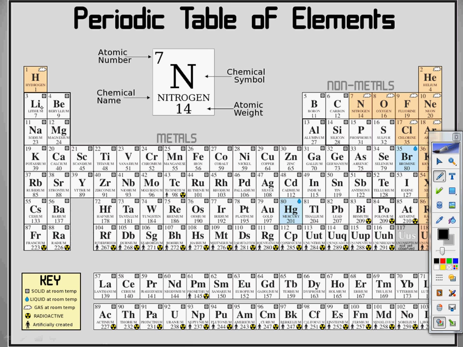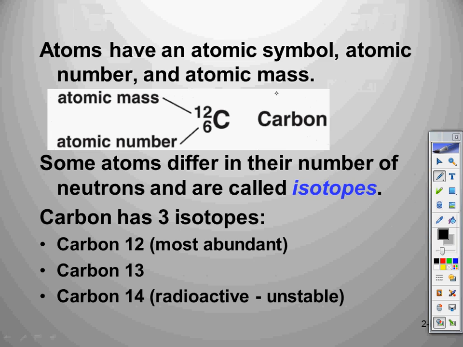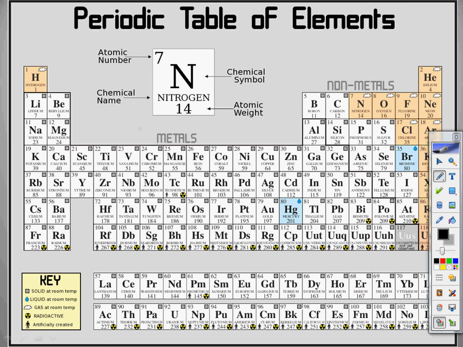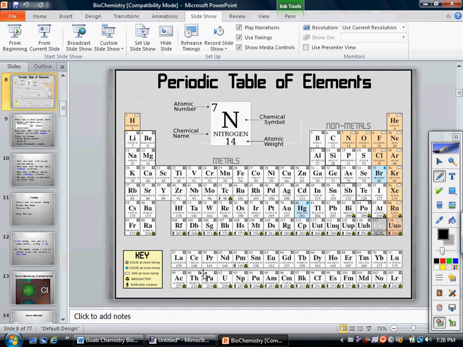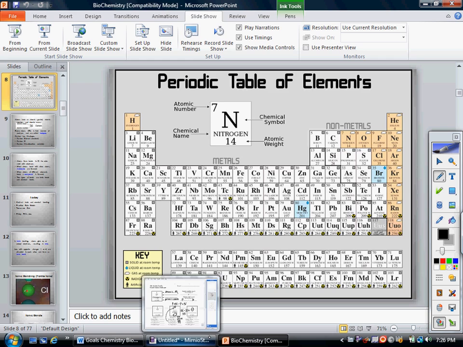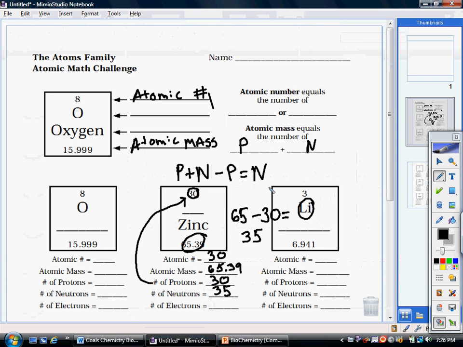In order for it to be happy, it has a choice. It can either gain 7 to get 8 electrons, so it behaves like neon, or it can lose 1 in order to behave like helium, and therefore fulfill the octet rule. So it would rather lose an electron. And if lithium loses an electron, then it has a positive charge. Okay, and that is all for